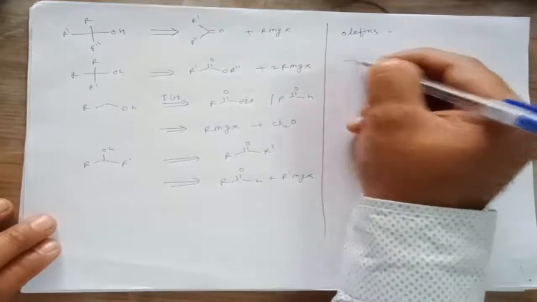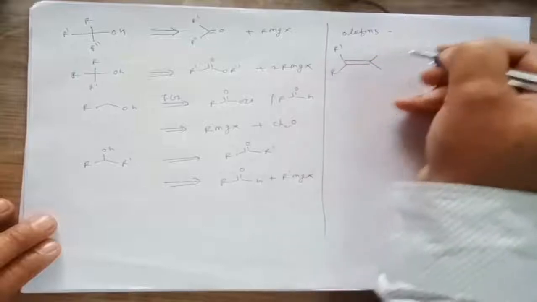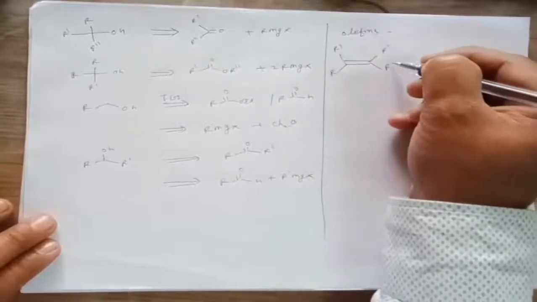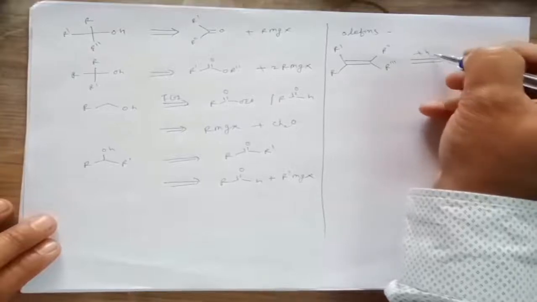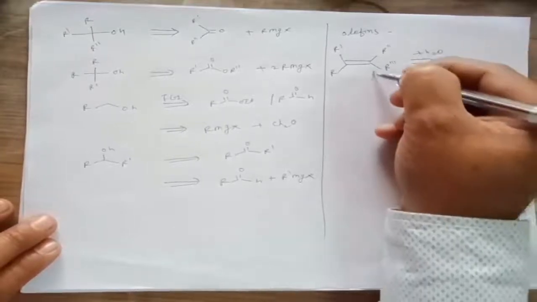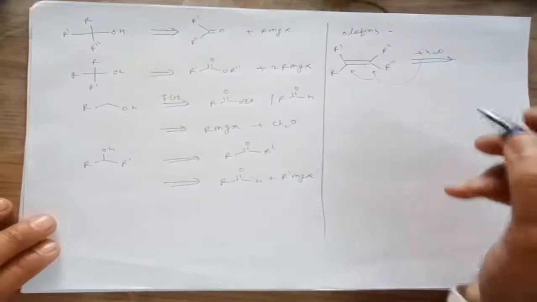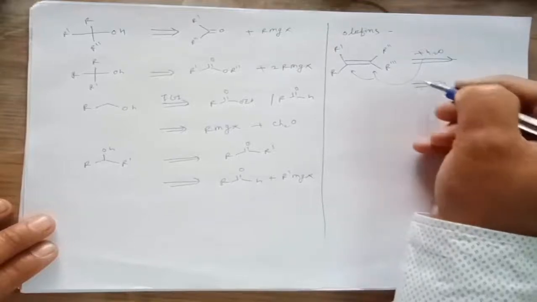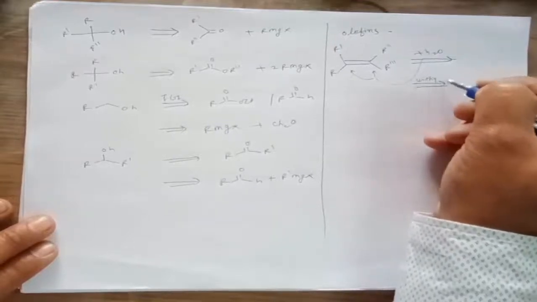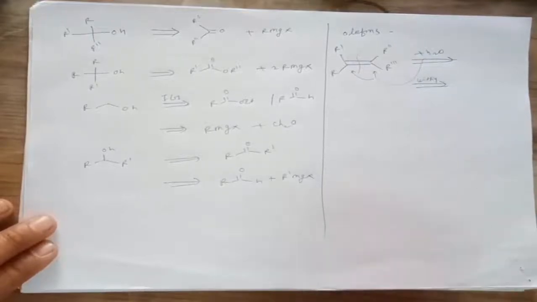there are different methods for them. Which are these methods? If there are different functional groups, then we can go for addition of water. You can add water at this position or at this position depending on the substitution. But instead of this, we can go for another route, that is the Wittig route, and by using the Wittig route you can break this molecule at this position. So this is one of the methods.